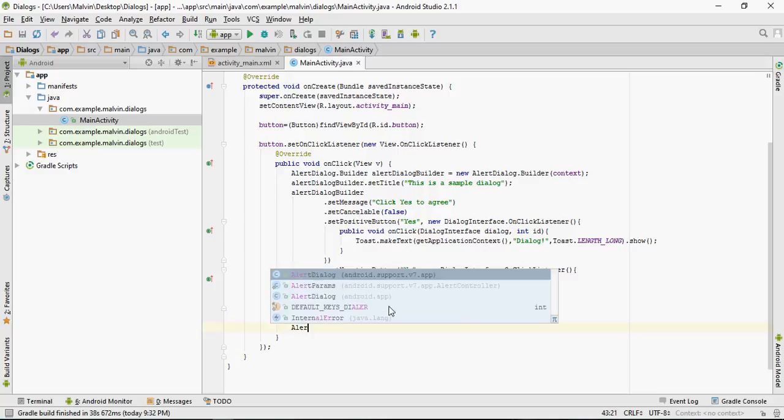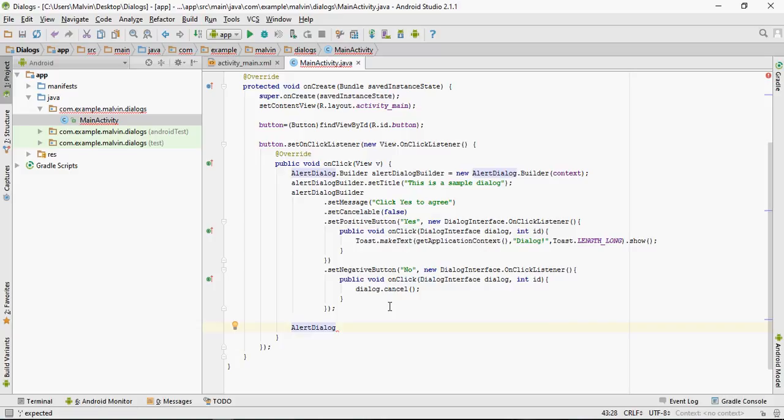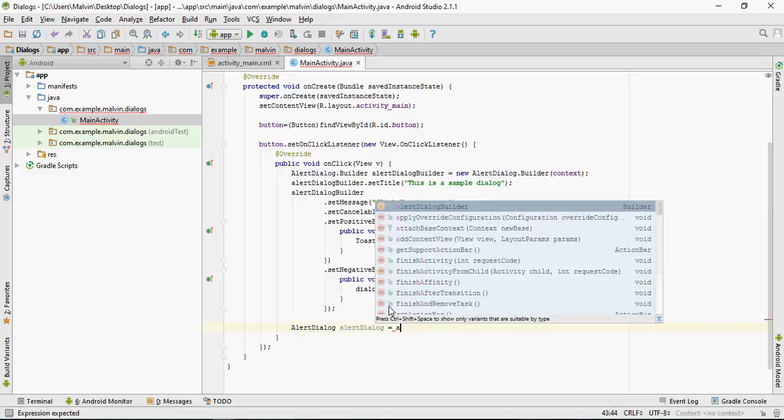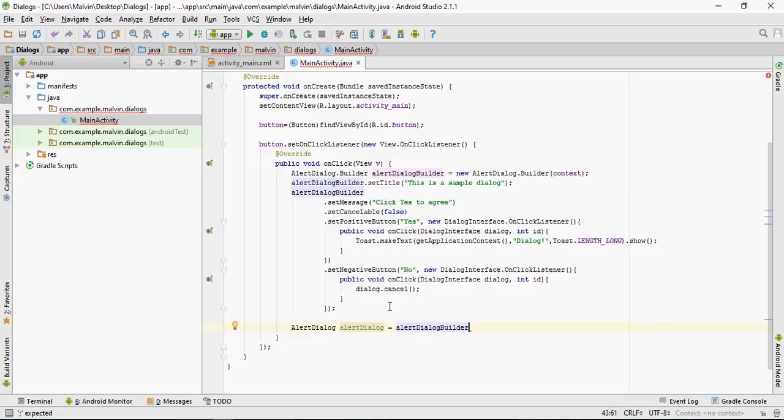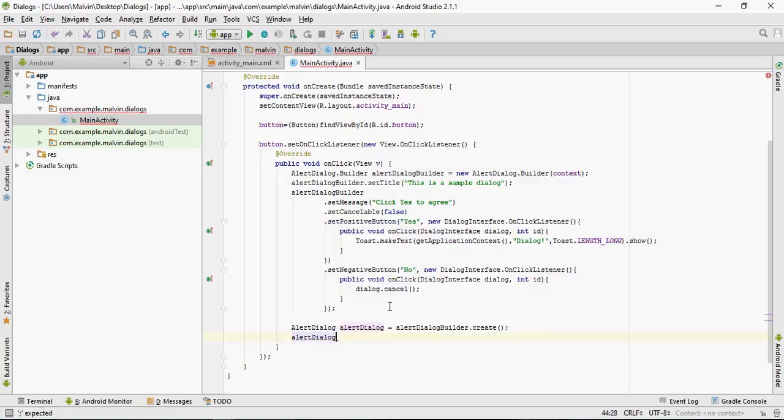So to make the dialogue visible, so this is all the code for making the sample alert dialog or dialog.